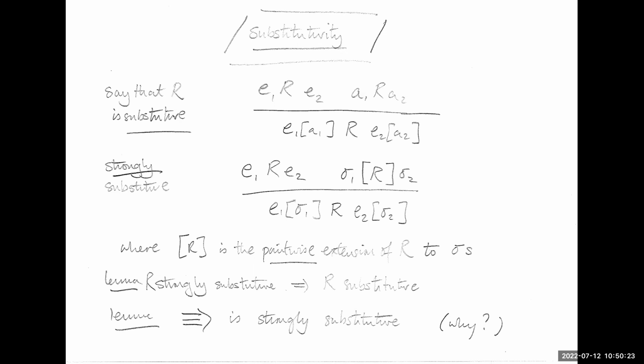So we need a substitutivity property. And I've said, inventor's paradox, that there's a stronger form of it. And here's the inventor's paradox cheap bit: if you're strongly substitutive, you're substitutive, because single substitutions are substitutions. And then the lemma, or the claim, is that superparallel reduction is strongly substitutive. And I could leave it there because that's the only lemma you need for all this to work.